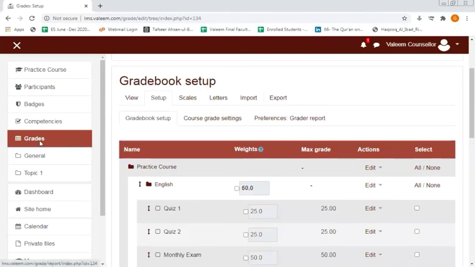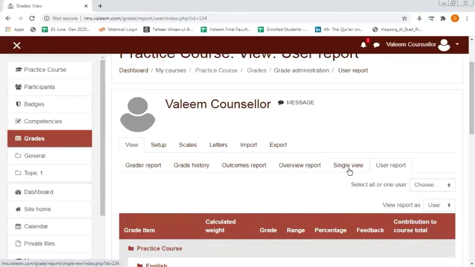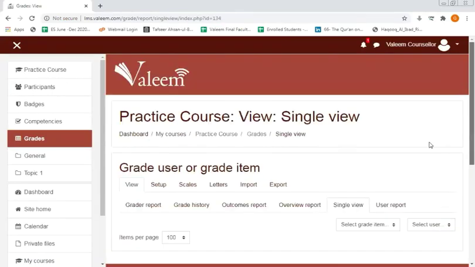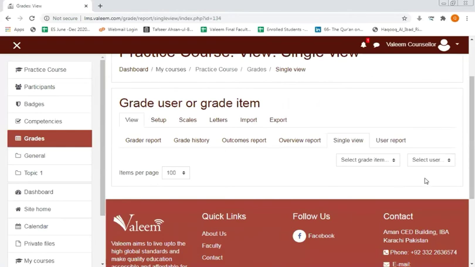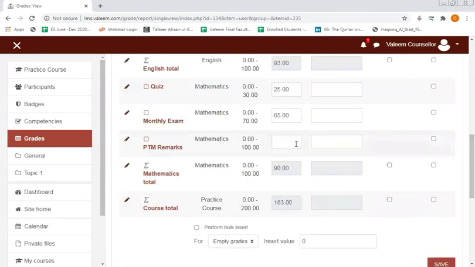Now I'll be adding the remarks of the particular student in this category, or the discussion that the tutor had with the parents. Clicking onto the single view and then selecting the name of the student. Then there is this option of adding the remarks.